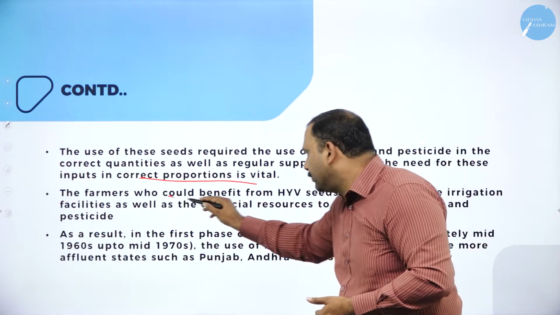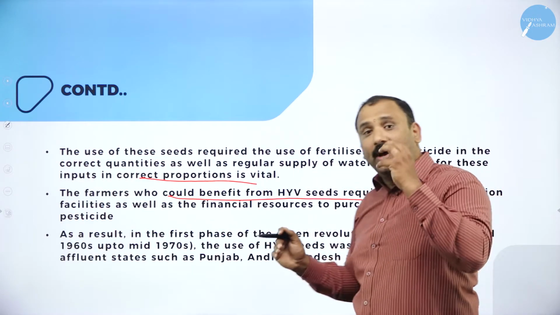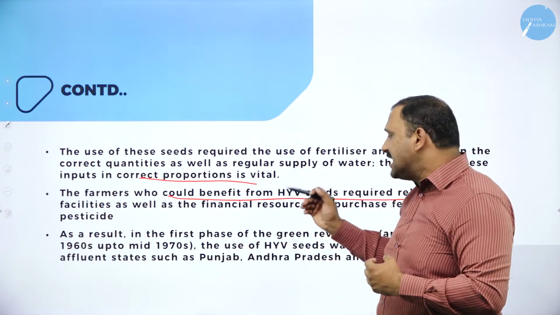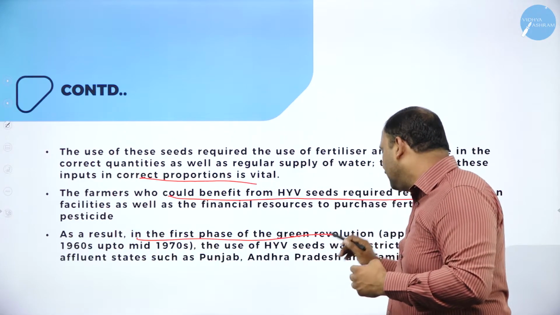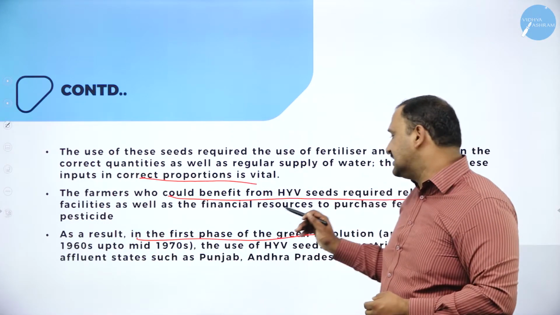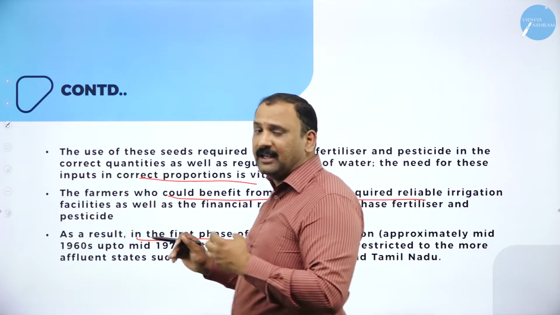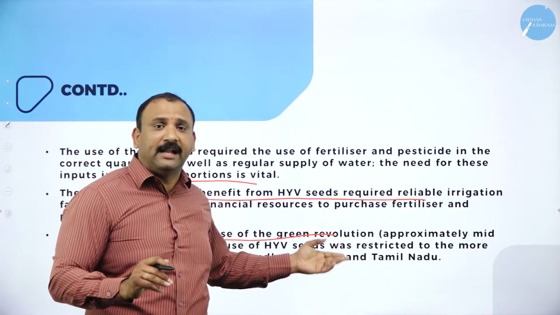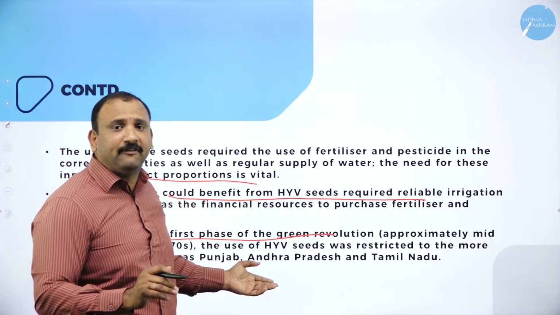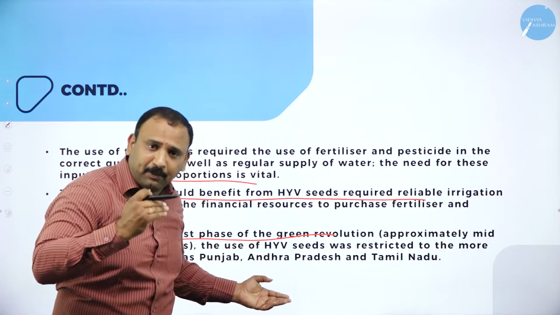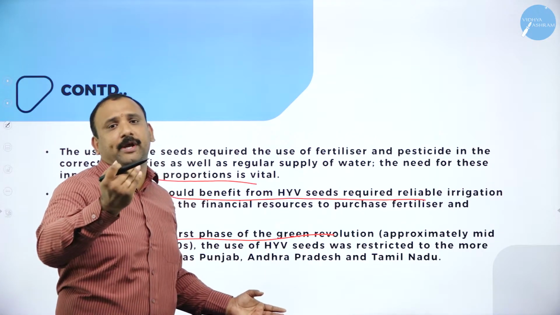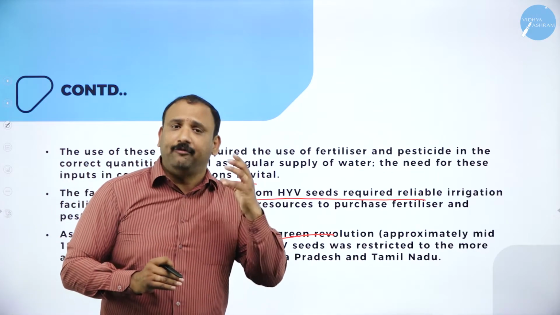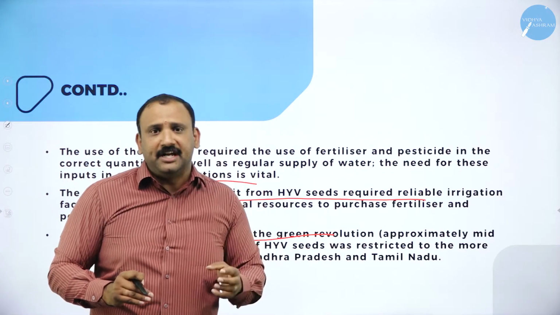The farmers who could benefit from HYV seeds were reliably very good, and the facilities were really coming up in a very good manner. As a result, in the first phase of the Green Revolution in the 1960s and 70s, with the use of HYV, states like Punjab, Andhra Pradesh and Tamil Nadu were highly benefited, and because of this a lot of development took place, and we saw agriculture production going up to the next level. So definitely the Green Revolution marked a new era of economic progress,